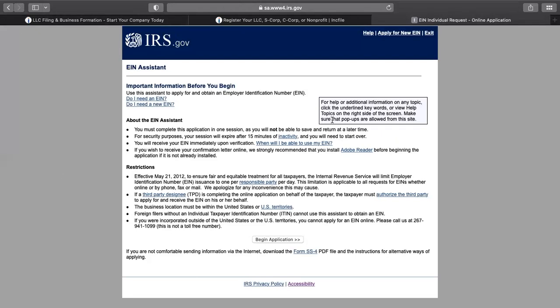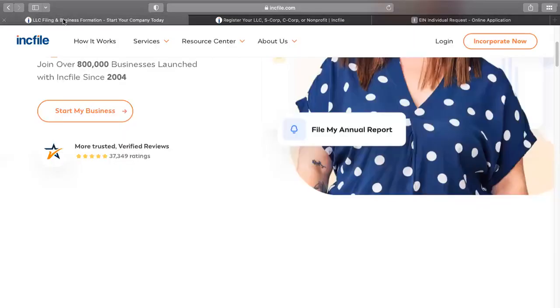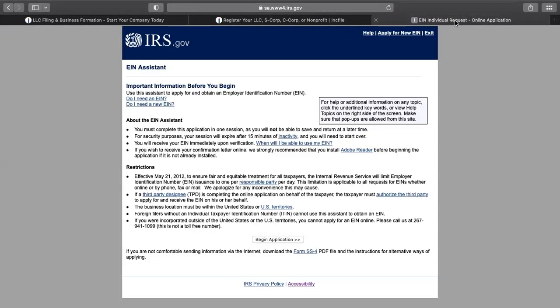So you'll fill it out. I won't let anybody else fill it out or do it for me, because you're still giving out your personal information. You just want to be efficient and proficient for yourself. You want to learn for yourself. Being self-employed, how can you teach or train somebody else if you never did it before? So you want to be mindful of that. But that's how you create your EIN number. So you'll have your LLC, and then you'll have your EIN, and then you're ready to do business.